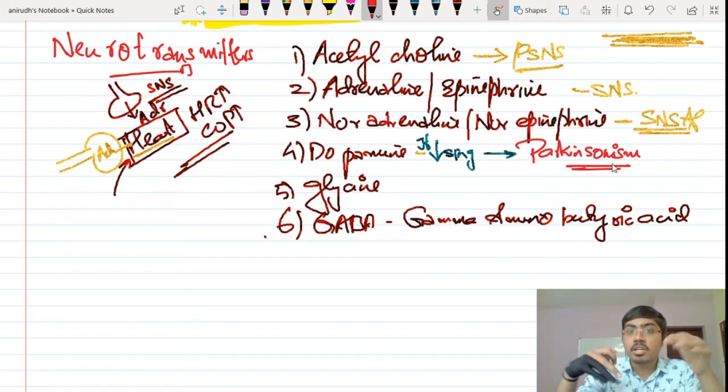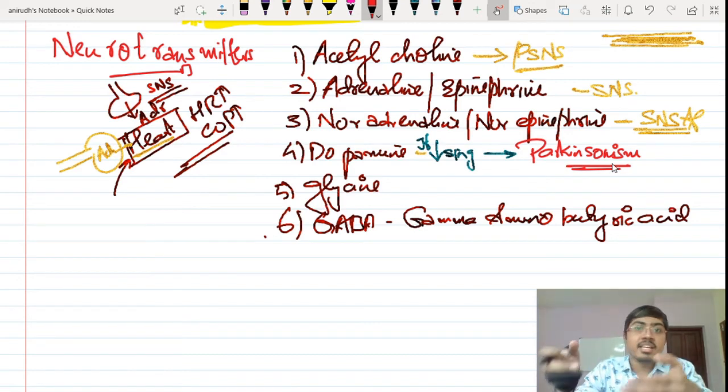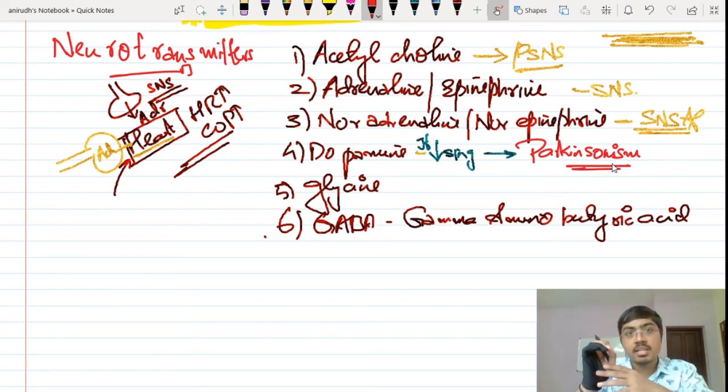For a doctor sitting in the OPD, when the person comes, he opens the door, closes it at his back, walks to the doctor, and sits in front of the doctor in a chair. That particular movement and attitude of the person, right from the time he enters the OPD and sits in front of the doctor, is sufficient for an experienced doctor to make a diagnosis of Parkinsonism. Just by looking at the muscular activity of a person, he can understand that this person has Parkinsonism.